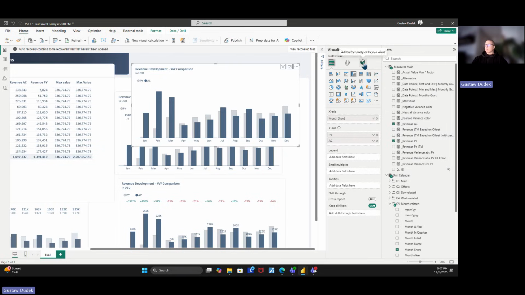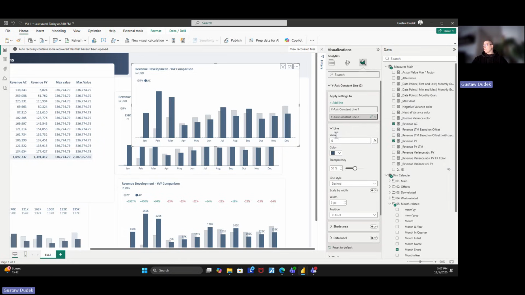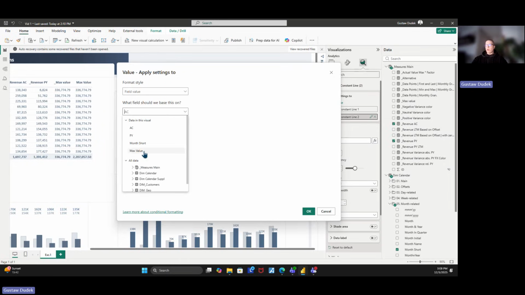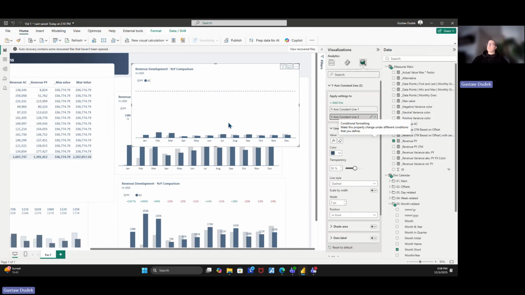And if you would like, let's say I would like to use, for some reason, the maximum value as a line. So we can add a line and there is an FX button. And let's say I would like to rely on our max value and press OK. So as you can see, the ceiling is very high and all the columns are very marginal comparing to the